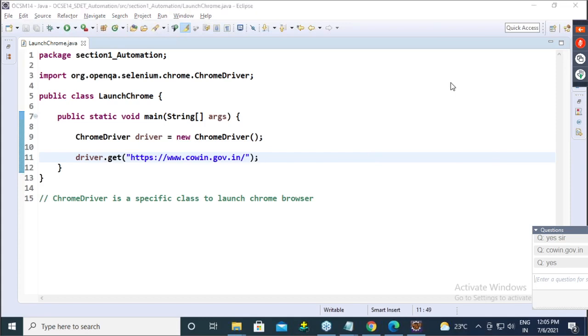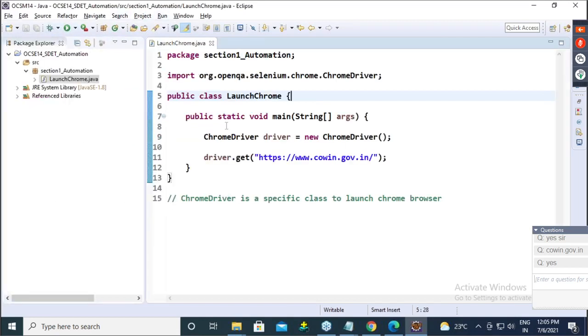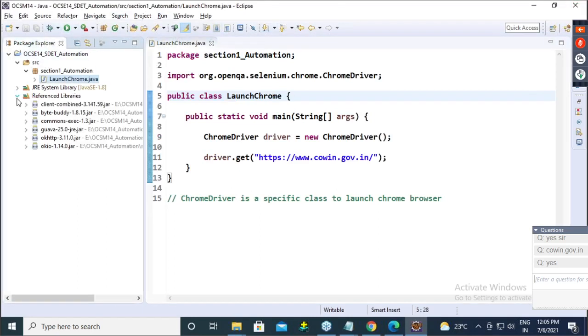Okay. So guys, shall we check whether it is working or not? Now, one thing you will think: sir, it will work. But tell me, where did I configure the browser server?